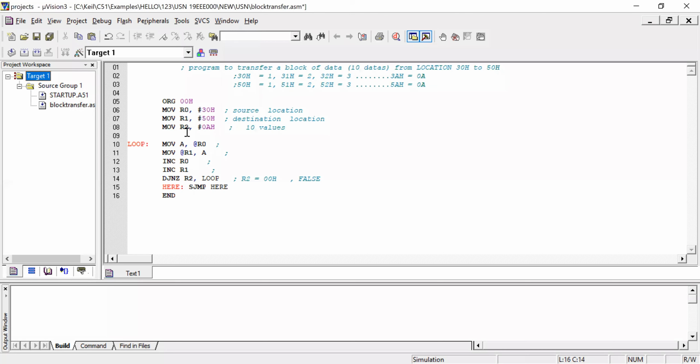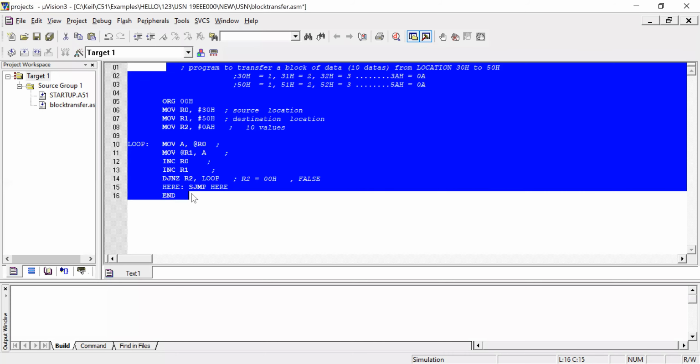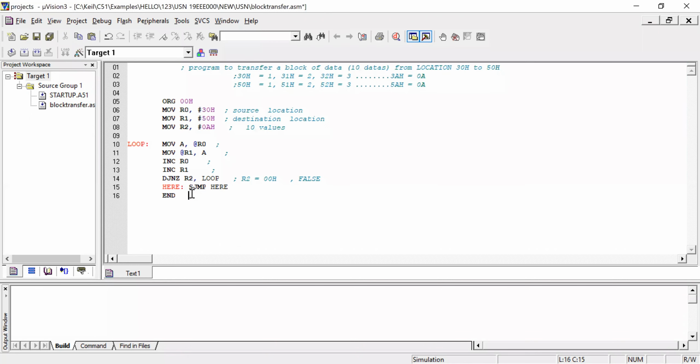That is the initial step. The second step is to write the algorithm, that is the programming code for your application. For example, this is a transfer of a block of data, where you are transferring 10 data bytes from one location to another. This is a first simple program.